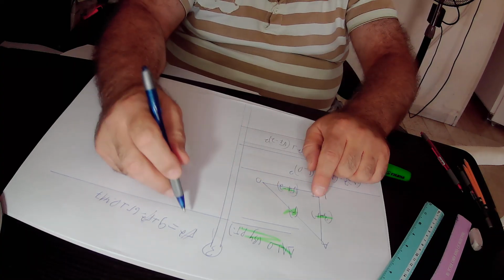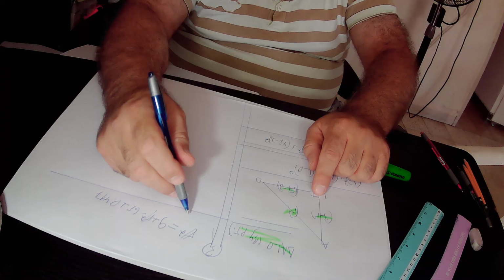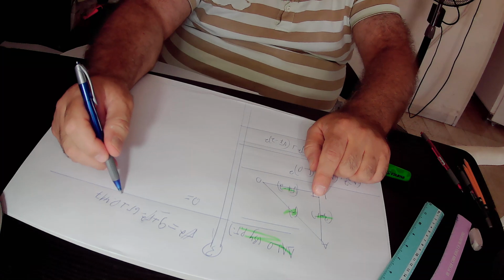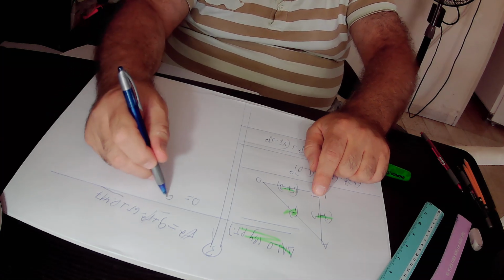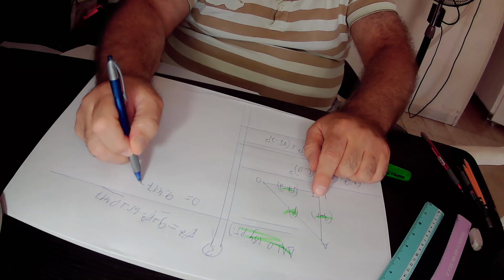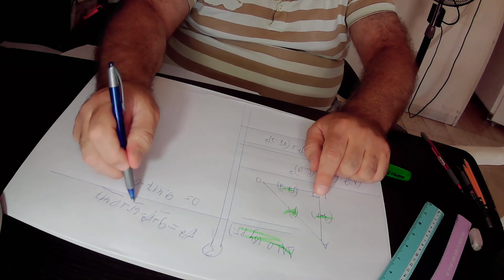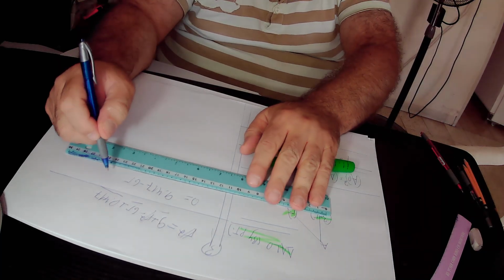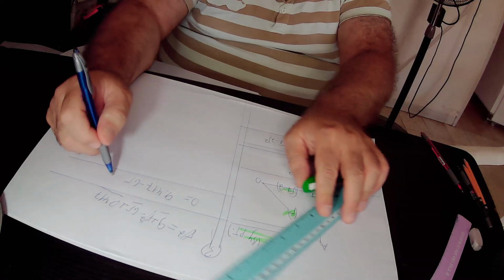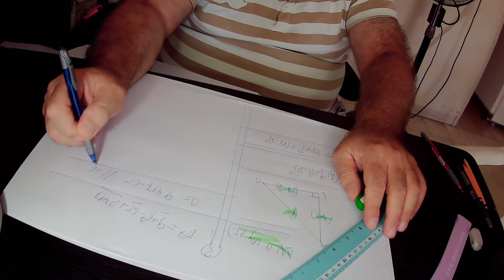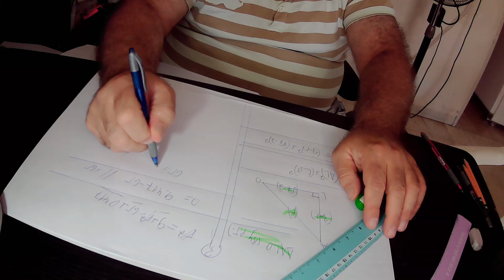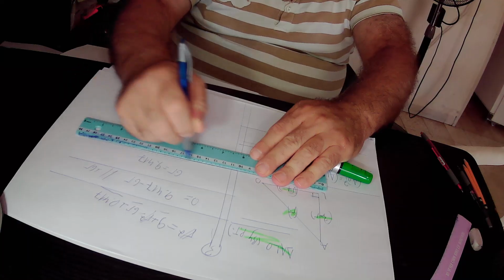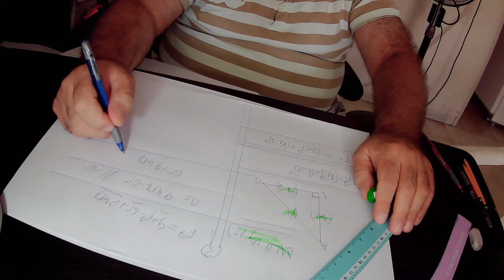I'll take the cancelled R square, in this side of the equation we are left with nothing, that is to say 0, while on the other side of this equation we have 9 plus 0.417 is 9.417 minus 6R. So in total we found that 0 equals 9.417 minus 6R. Here we will add 6R to this equation, and we get that 6R equals 9.417. Here we divide this equation by 6,